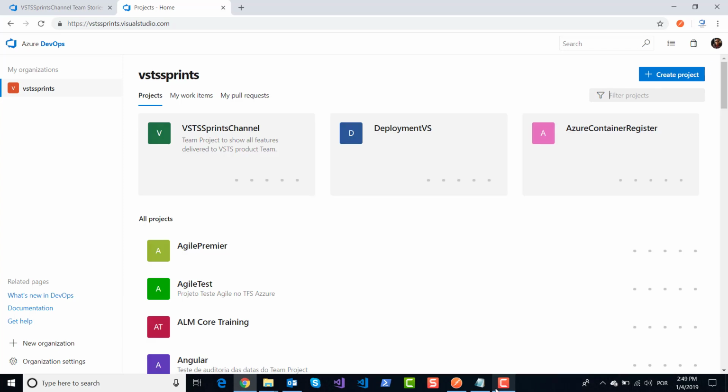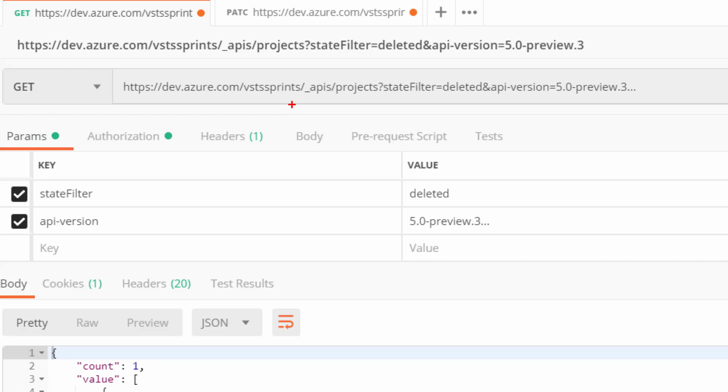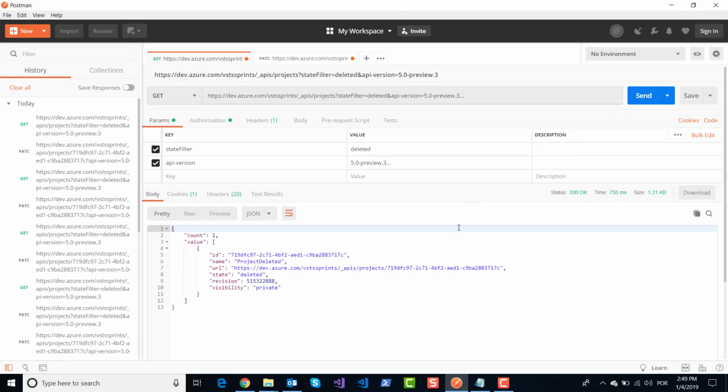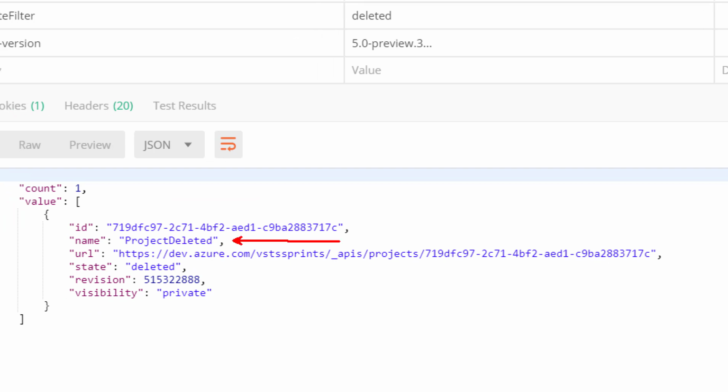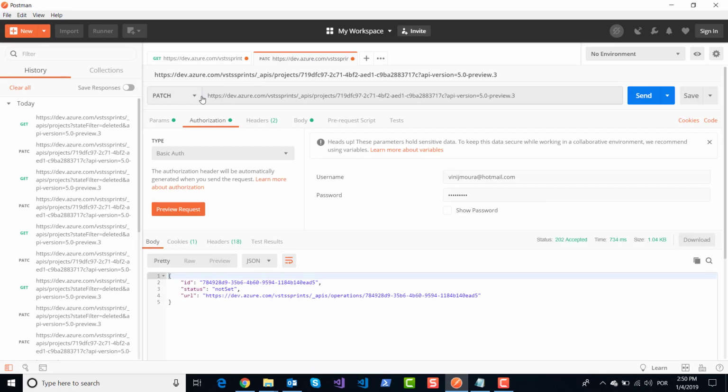To do this, I will use REST APIs using Postman. Okay? First, I will use method GET to list all deleted projects. Okay, I will click on Send and I will verify that my project was deleted. Of course, status deleted. Okay, I will get this respective ID and I will use method PATCH to restore my